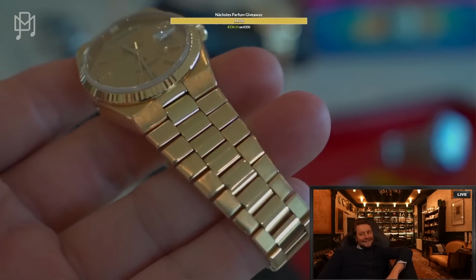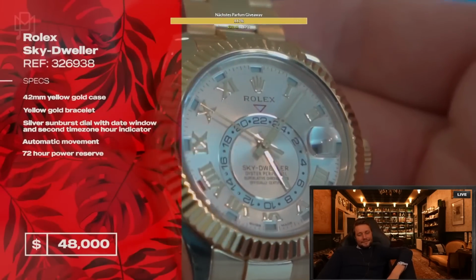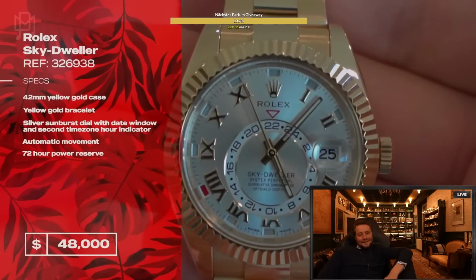You want to do that one or you want to do this? Let's do the gold one. Yeah. So this is another one that I got from Happy Jewelers. Gosh, this is a big plug for Happy Jewelers. I love this watch and I love the dial. So this is the 18 karat